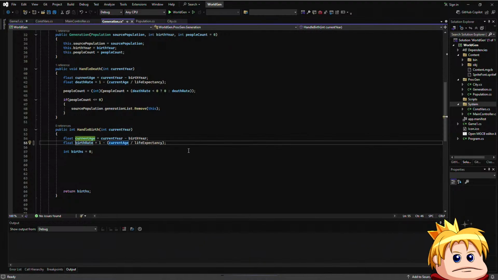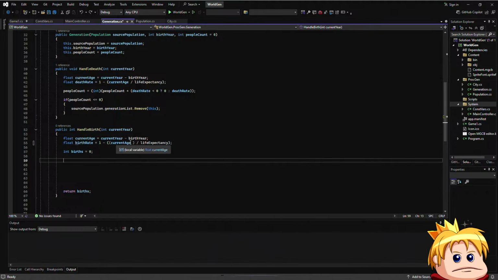But current age should be... now this is a little bit different, right? So this should not be 1 minus. This should just be like this. Well, maybe 1 minus still makes more sense. So current age